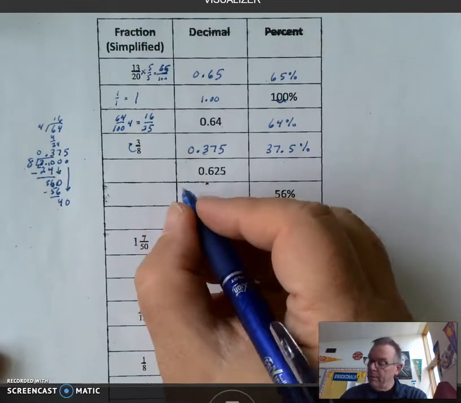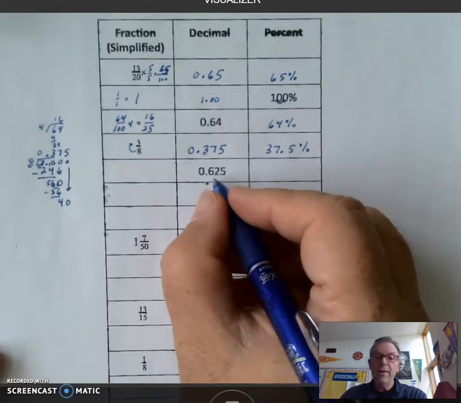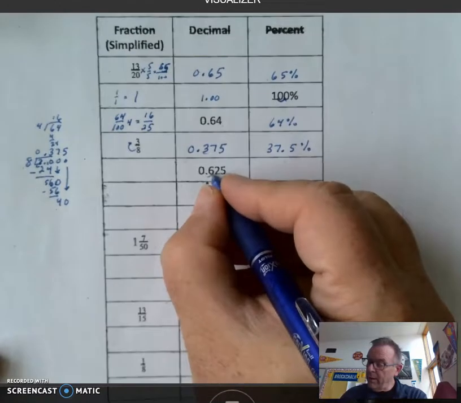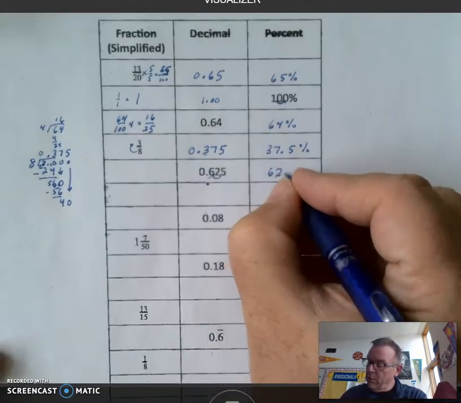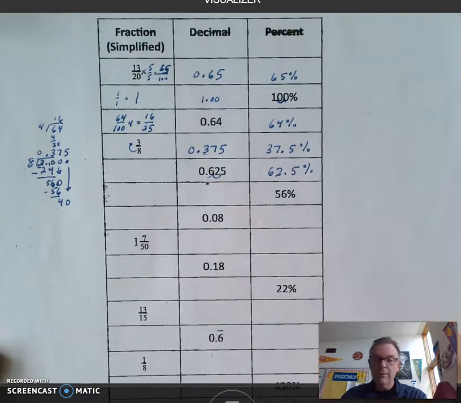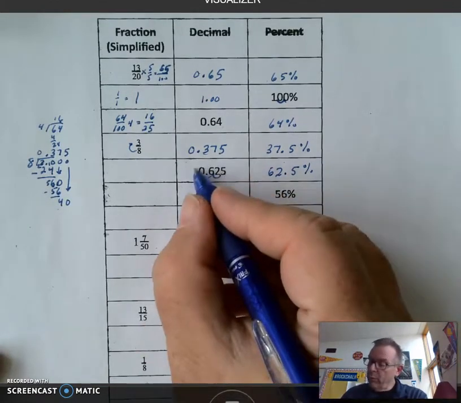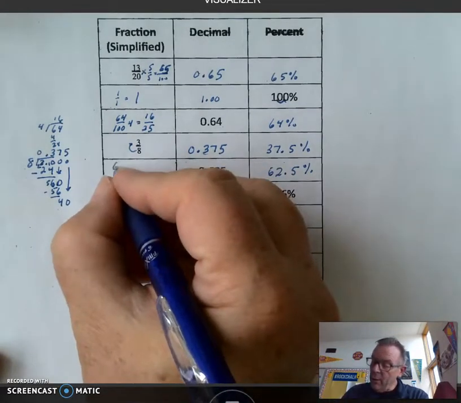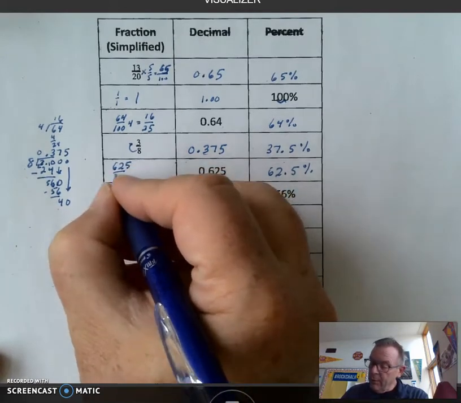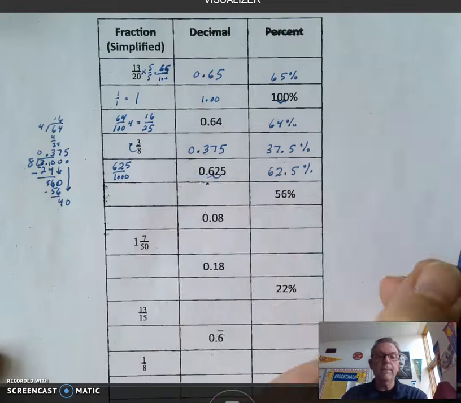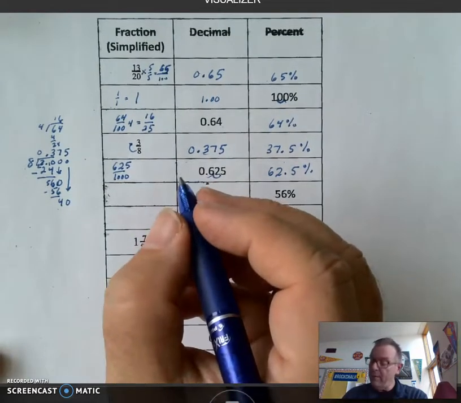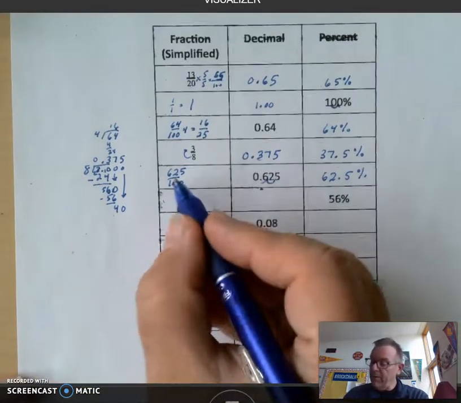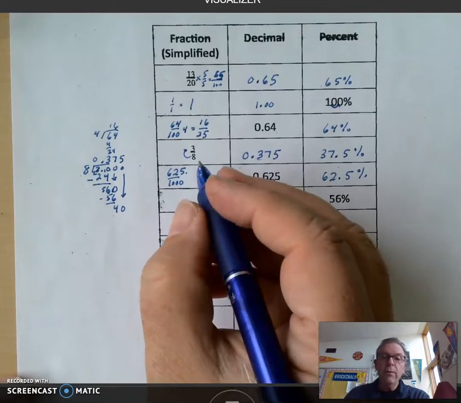Similar problem, 625 thousandths. So go percent first, multiply it by 100, move it 2, 62.5%. Now again, we have to read the decimal. Since it's 3 places, 625 thousandths. So we're going to start with this. So since we have 625 over 1,000, I know that both of them are divisible by 5, because this ends in a 5. So we do 625